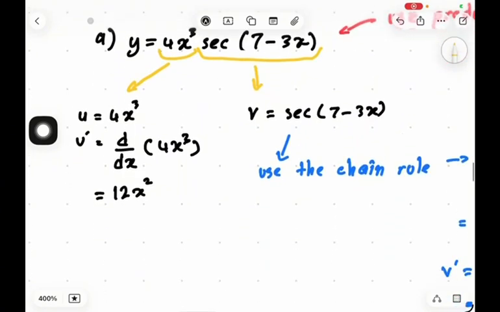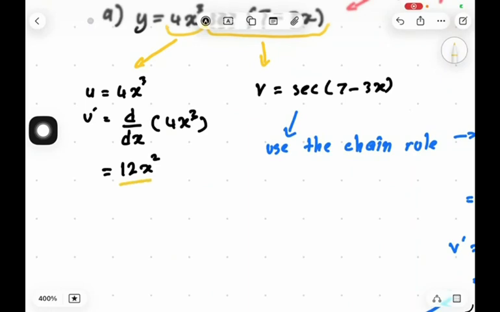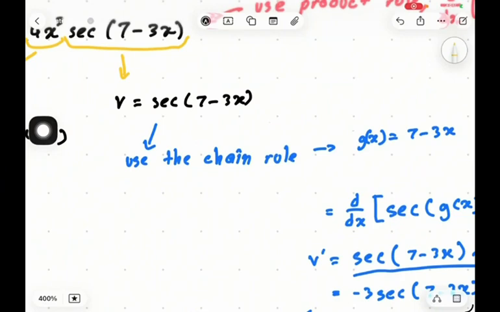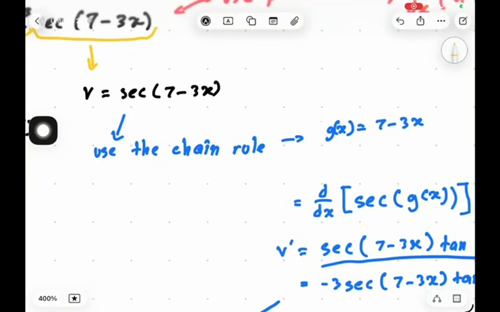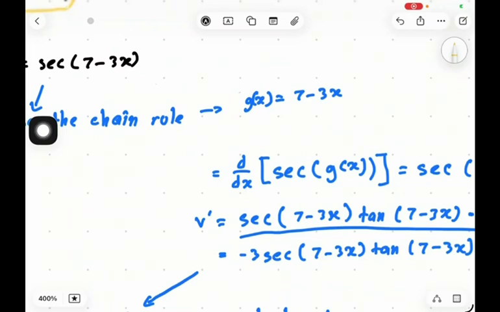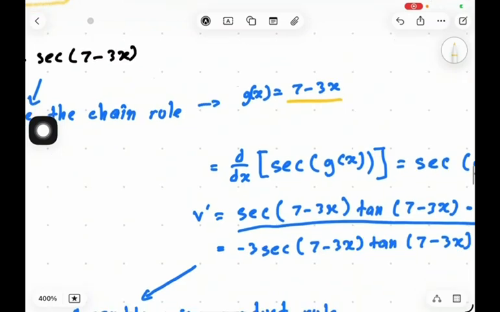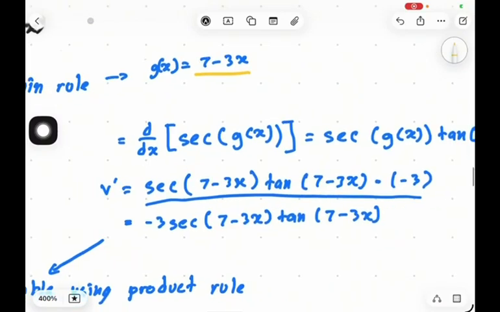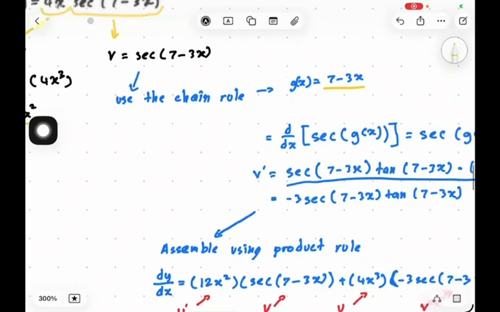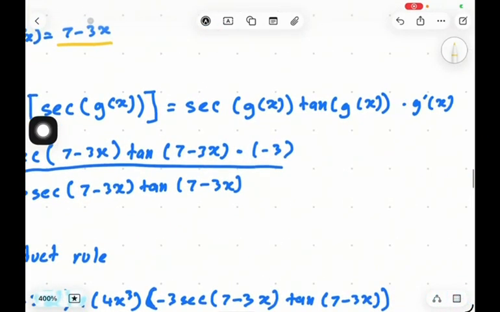Okay, for the u, we differentiate it as usual, and we get 12x squared. And for the v, we have to use the chain rule because it has two parts. For a simpler reason, I decide to let g(x) take the place of 7 minus 3x, to make it easier. And we differentiate it using the chain rule here. So we get sec g(x) times